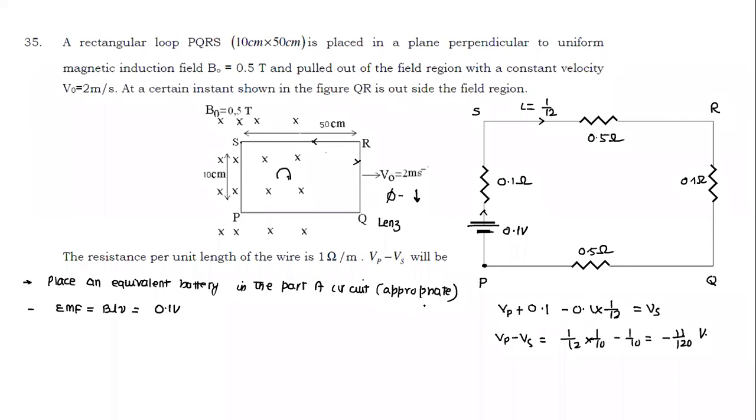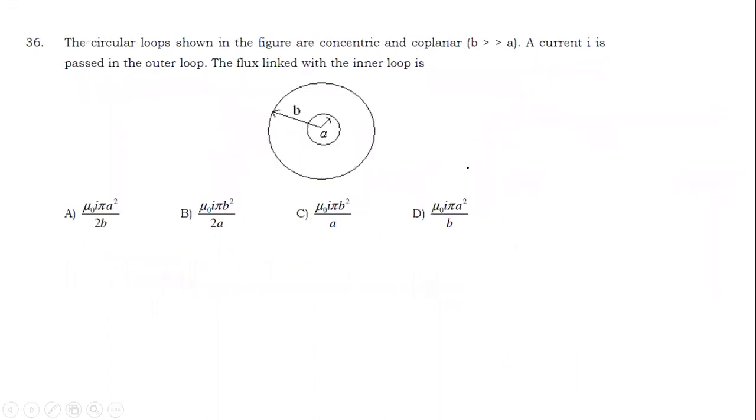And if you follow the step-by-step method, the only important point is the battery should be placed in the appropriate side. If you place the battery here, we'll get a different answer. But why should we place the battery here? Which part should the battery be placed in? It should be placed only in the part of the conductor where EMF is getting developed. So I can think of this as 4 conductors. In this part, no EMF will develop because there's no magnetic field here. In this part, yes, it will develop, velocity is perpendicular. In these 2 parts, no EMF will develop because velocity is along the length. So if we place the battery properly and apply the Kirchhoff law properly, we'll get our answer.